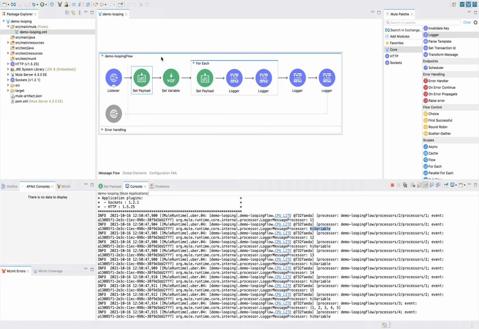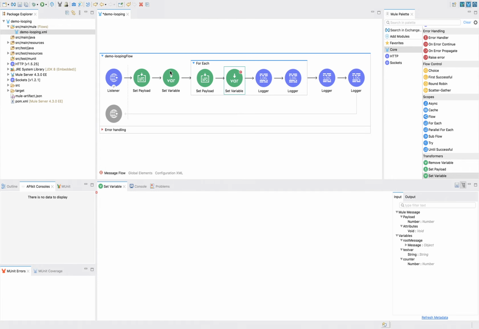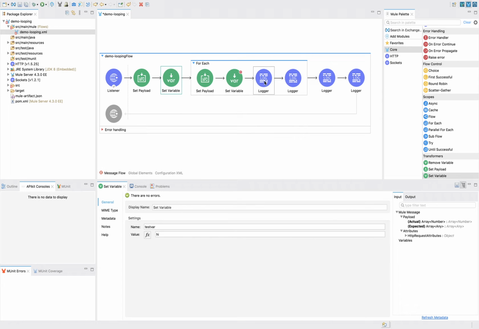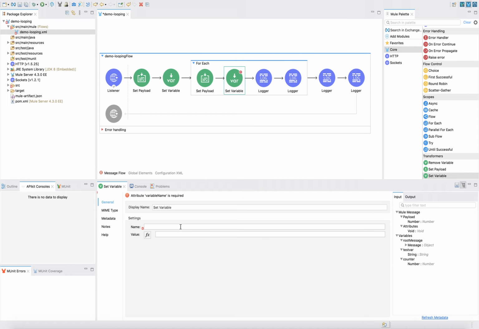So whatever variable I create, I actually want to change the value of the variable here. Set variable. Now a question will come: if we change this variable, then what will be the behavior after this? Okay, so the variable name will be the same and the data will be hello.